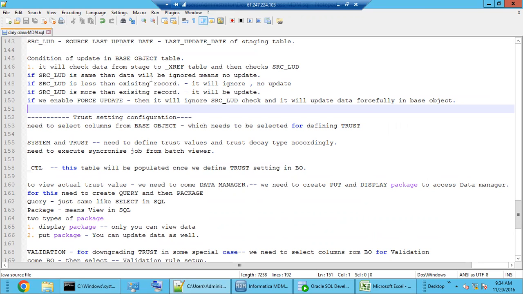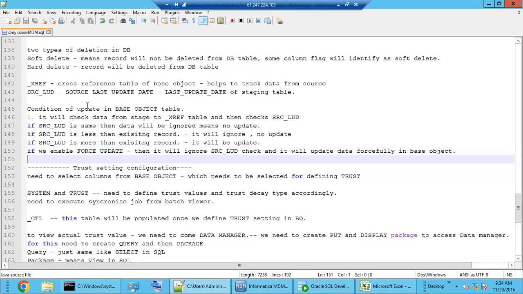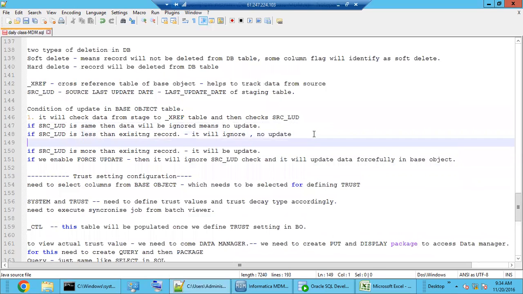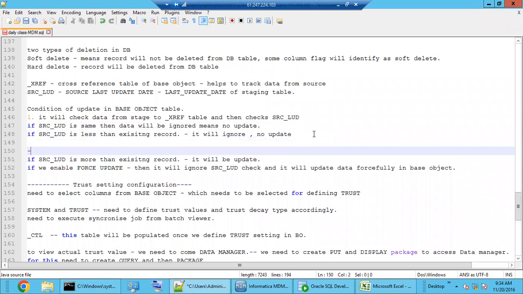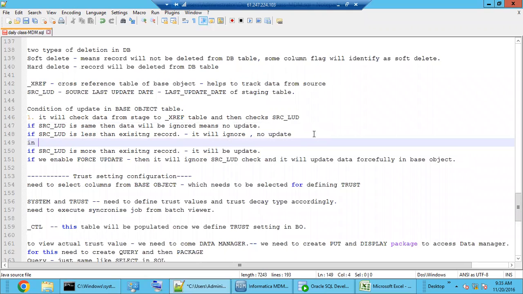Update. Data will be ignored, meaning no update. It's a SRC LUD. So if SRC LUD is same, then data will be ignored, meaning no update. Okay. If SRC is less, then the GC record will ignore that. So in above both cases, here I'm writing one more. In above both cases,